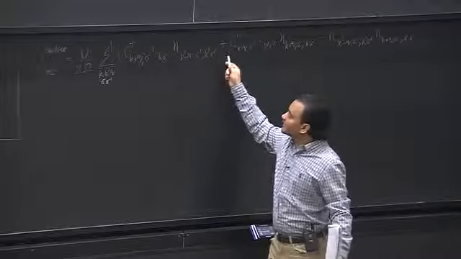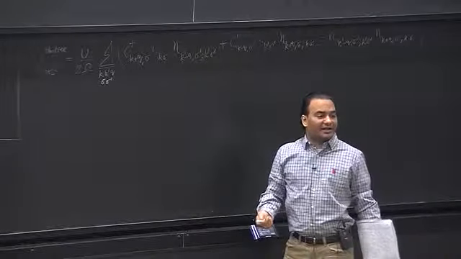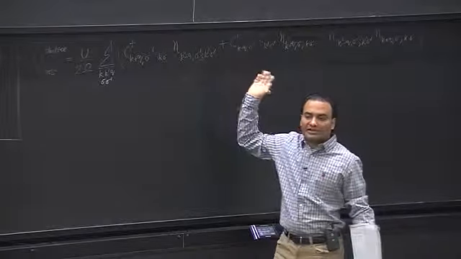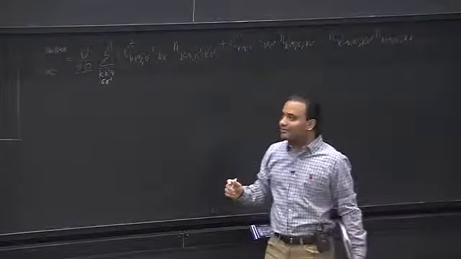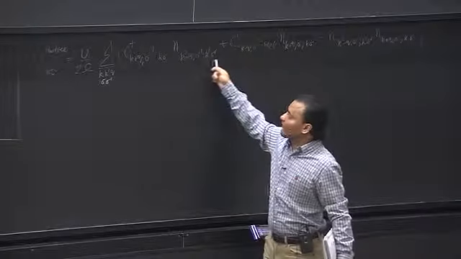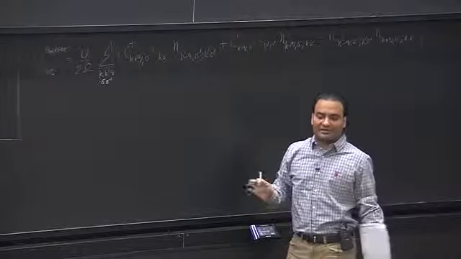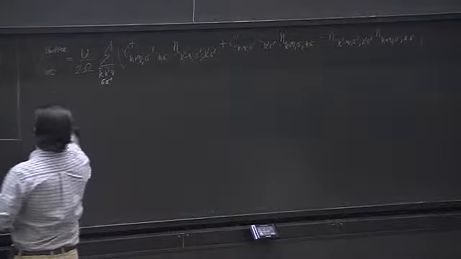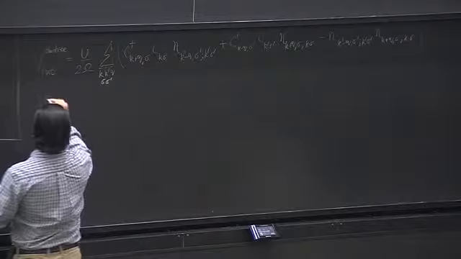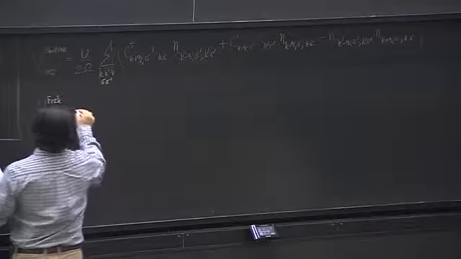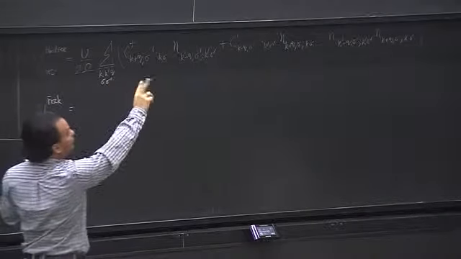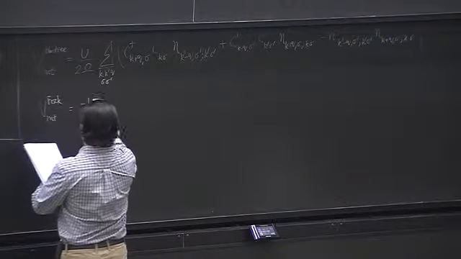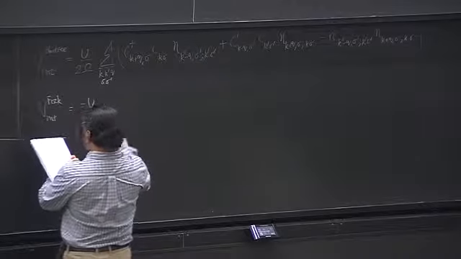What I mean by this index here is that the expectation value that I've used, so I've replaced 4 operators by 2 operators times an expectation value, and in the expectation value I have these indices. That's the notation. So just go through the algebra, you'll find this. And similarly, you can write the Fock term, which you'll obtain by anti-commuting the last 2 and then going through the whole thing again. You will find minus U over 2Ω